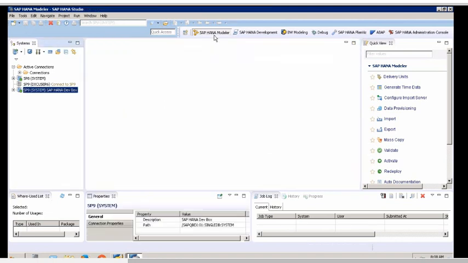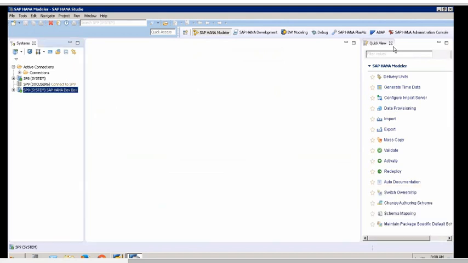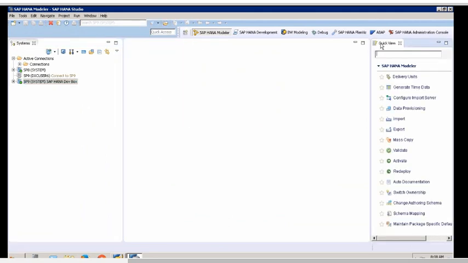Okay, so now let's say I'm in the modeler, and you can close your windows if you're not comfortable. And then there's one important thing: what is Quick View? In older versions, we had Quick Launch, but now we see it as Quick View. For the most frequently performed operations, there are shortcuts available from here.